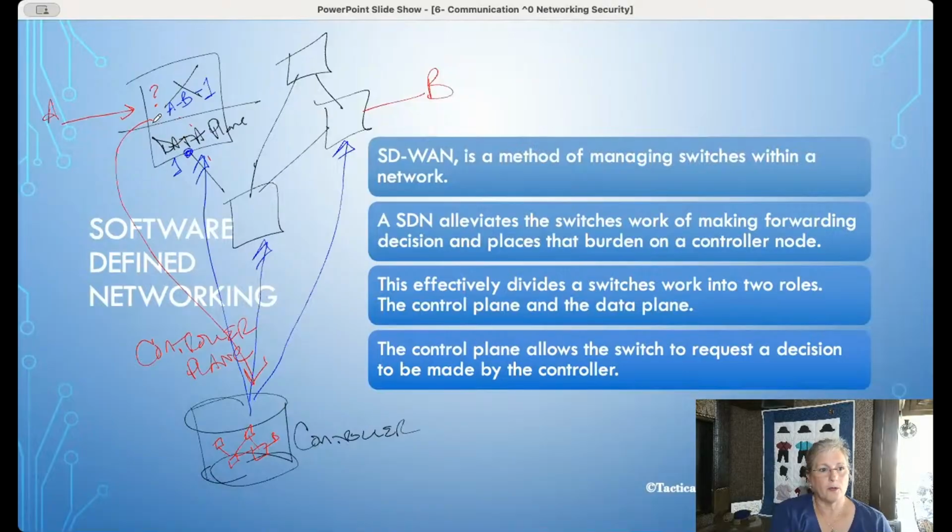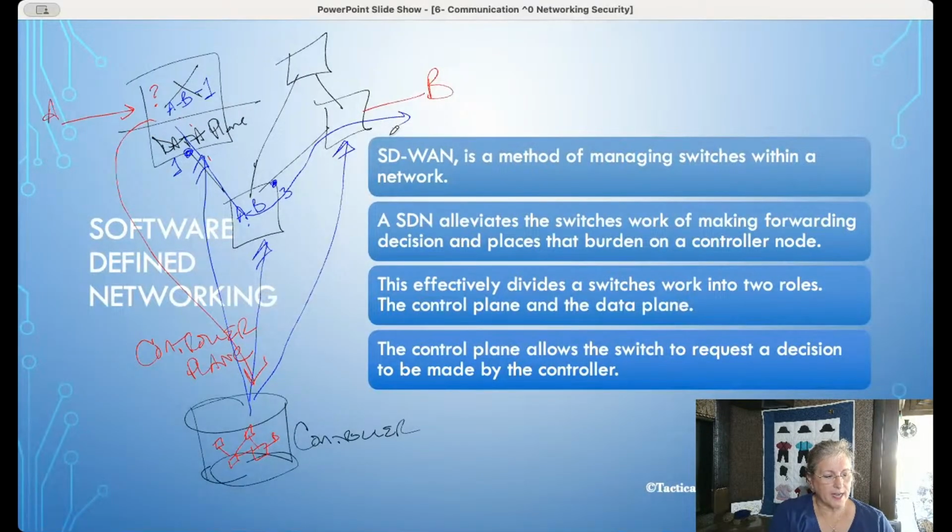Oh, okay, thanks. I'll go out port number 1, and it just forwards the frame out port 1. When it hits this switch, it already knows if it's going from A to B, go out port number 3. Why 3? Because that's what I wrote. So it already knows, because when the controller made the decision, it informed all the switches on the path. So this frame, once it's released, is just going to go very quickly through and be able to get to its destination. So the controller now has the information.